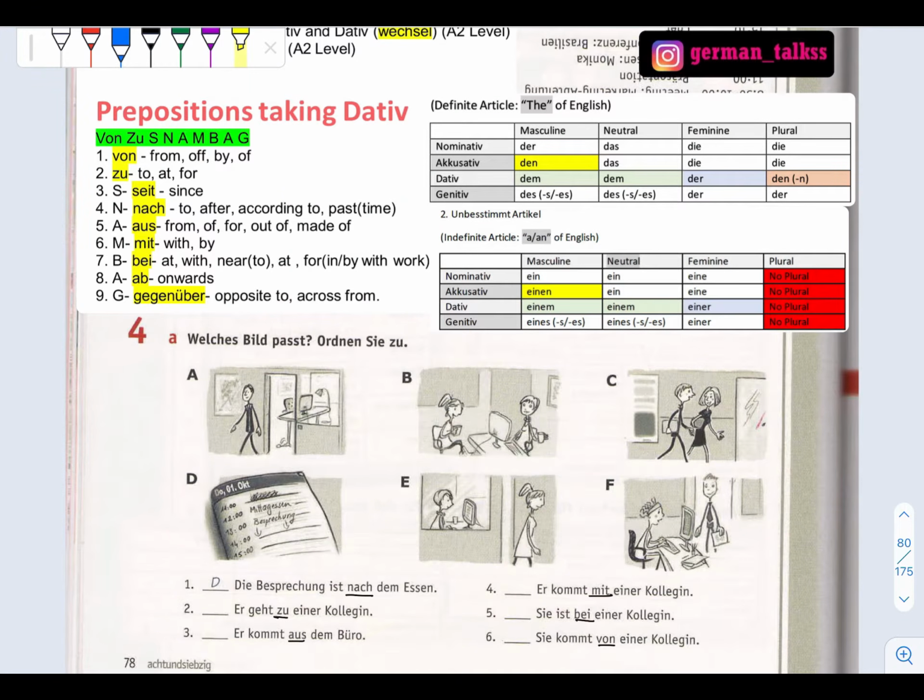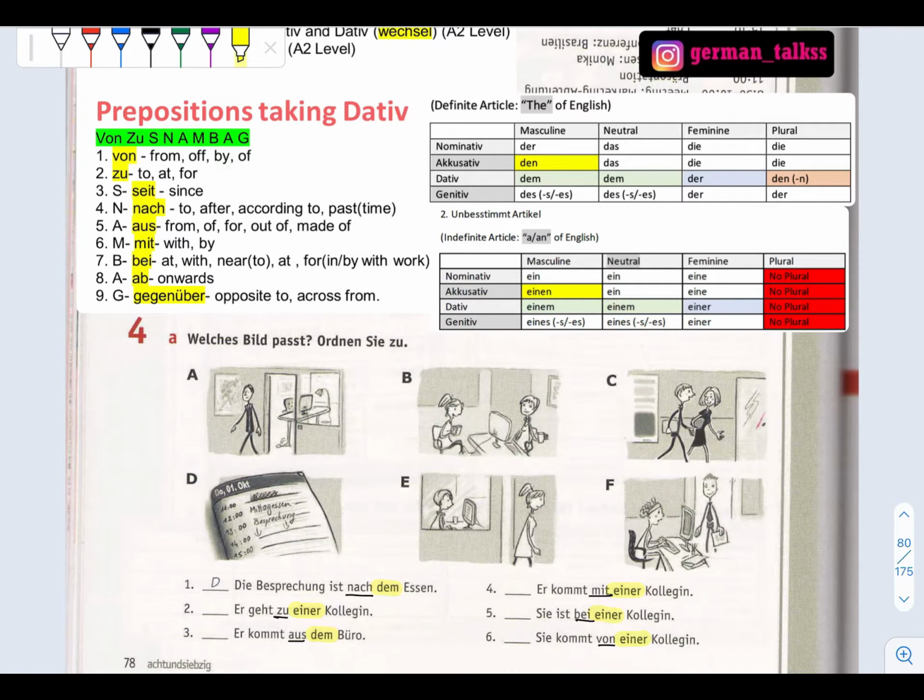Today we are going to continue with our chapter number 7 of Arbeitsbuch, Frage Nummer 4a. Welches Bild passt, ordnen Sie zu. Before discussing this exercise, first we need to see some grammar things. For example, why here there is "dem",